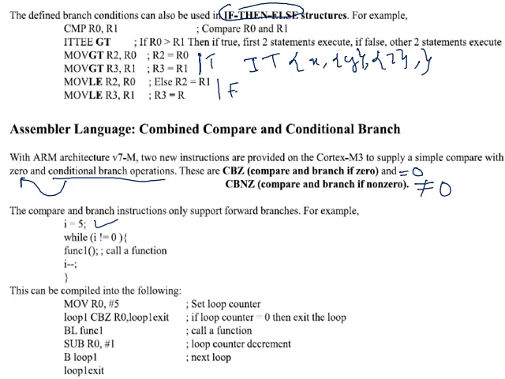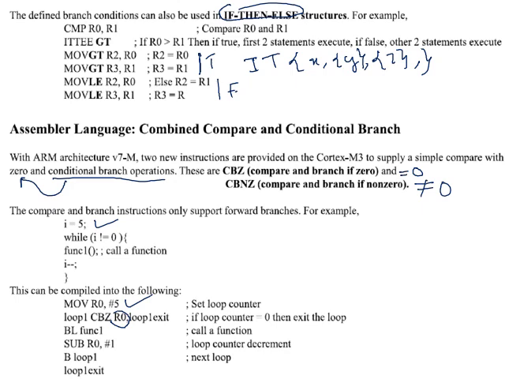Okay, so the same thing can be implemented in assembly, as we can have this 5 loaded into R0. Now we are looking into whether the value is 0 or not. That value we are comparing with the R0 content, so we are using cbz R0, loop 1 exit, correct? So if you consider this R0, it will compare whether it is 0 or not. If it is not 0, it will execute the next line, bl function 1.